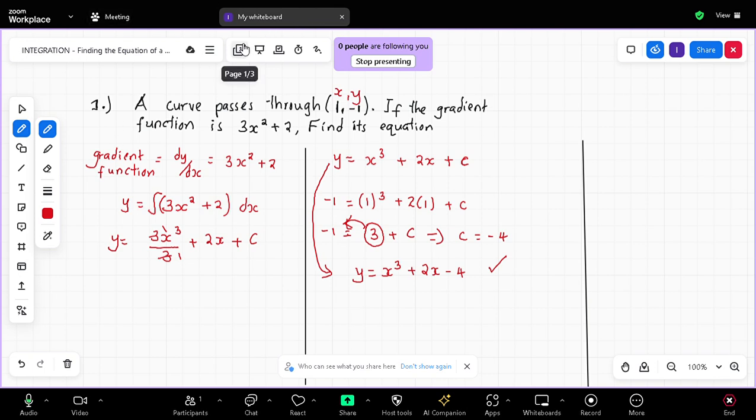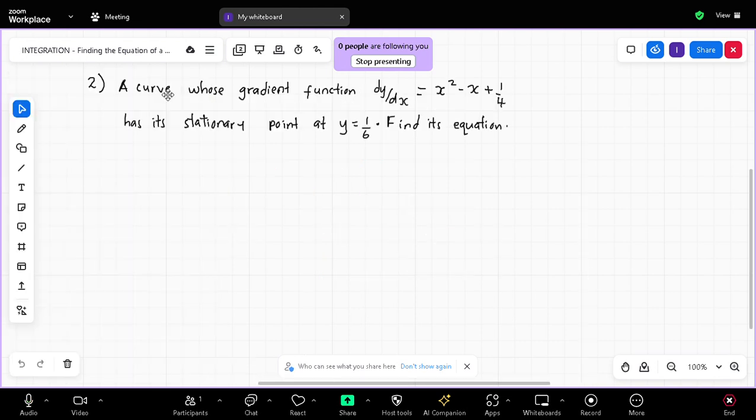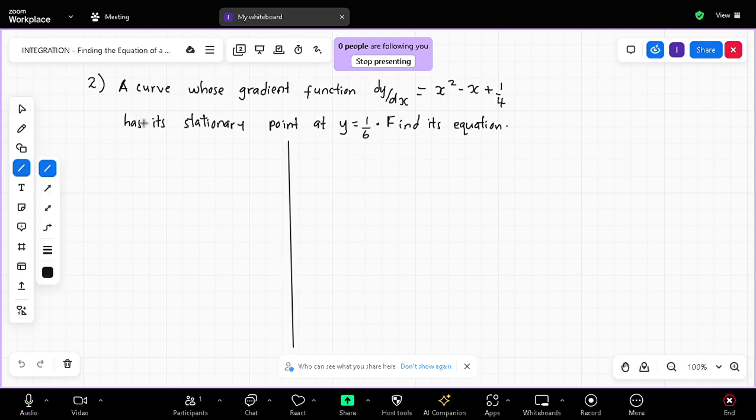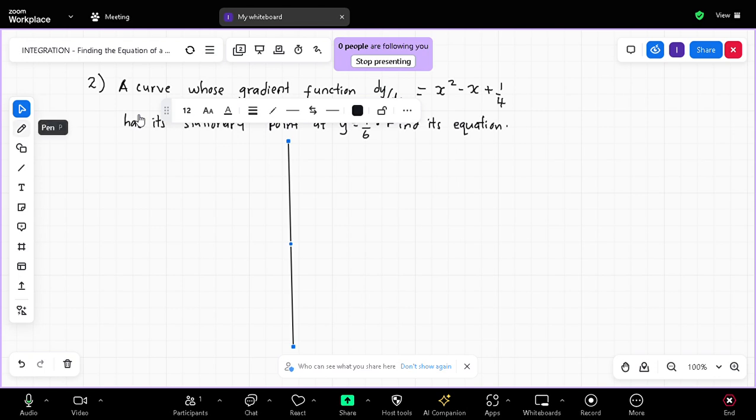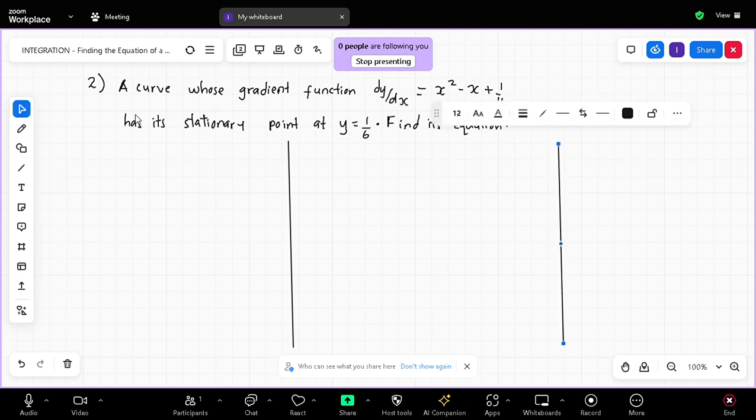I'm going to do 3 questions. That is the first question. Now here comes the second question. The second question reads, a curve whose gradient function dy/dx equals x squared minus x plus a quarter has stationary points at y equal to